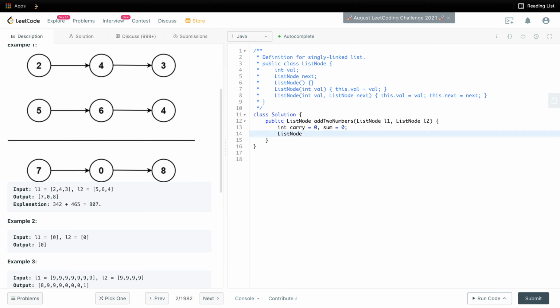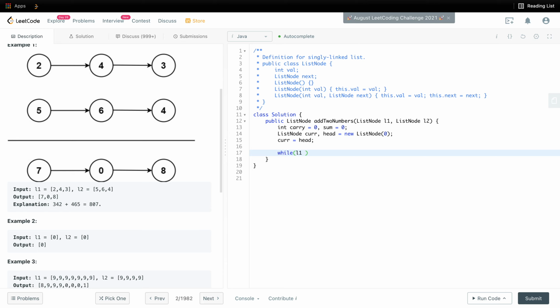We are taking two nodes. One is the current node which will be iterating throughout our summation, and one is to keep track of the head of the list. We'll take current and head and we'll create a new list for this. And we have to make sure our current is the same as head.